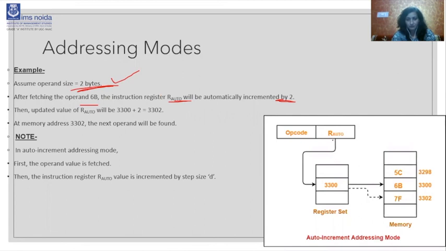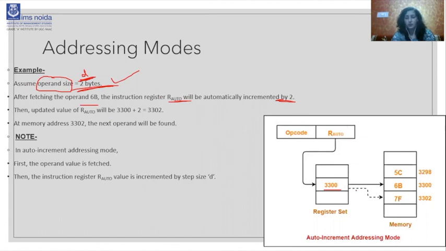Suppose this is an instruction opcode with auto increment, right? We have to check this location 3300 and the value of D, the operand size. Suppose we are assuming the value of D is incremented by 2 bytes. It can be incremented by 1, 2, 3 or any value, right?